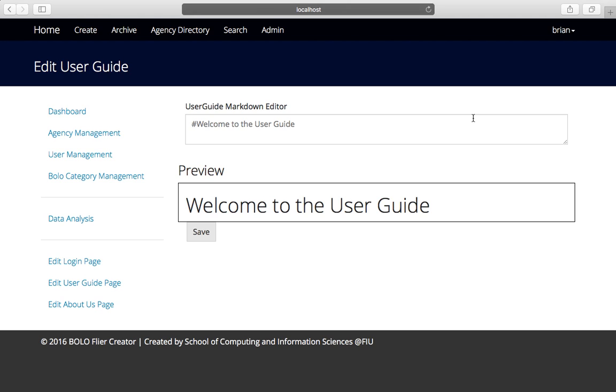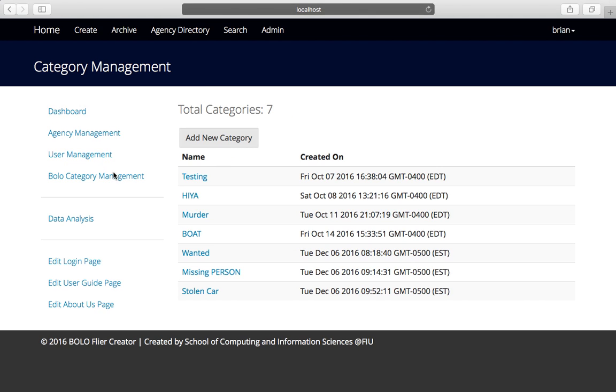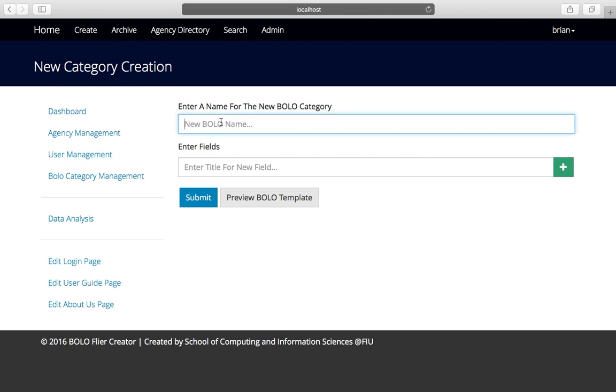Now, the next feature that we want to talk about is being able to create categories. If we go to the BOLO category management, which is only for administrative users as well as root users, we'll go to create a new category. This page works very well. It functions the way it's supposed to. However, again, we feel that it could be refined and tuned to better serve the officers that are going to be using